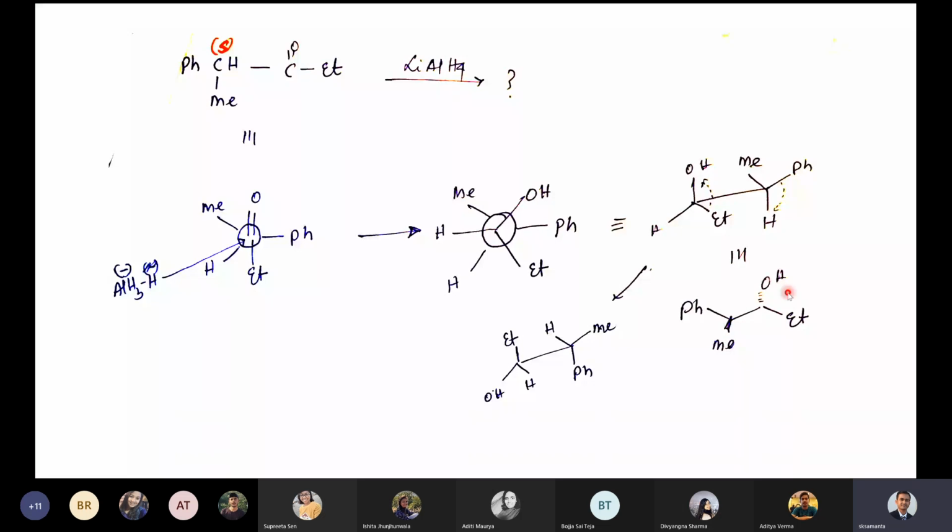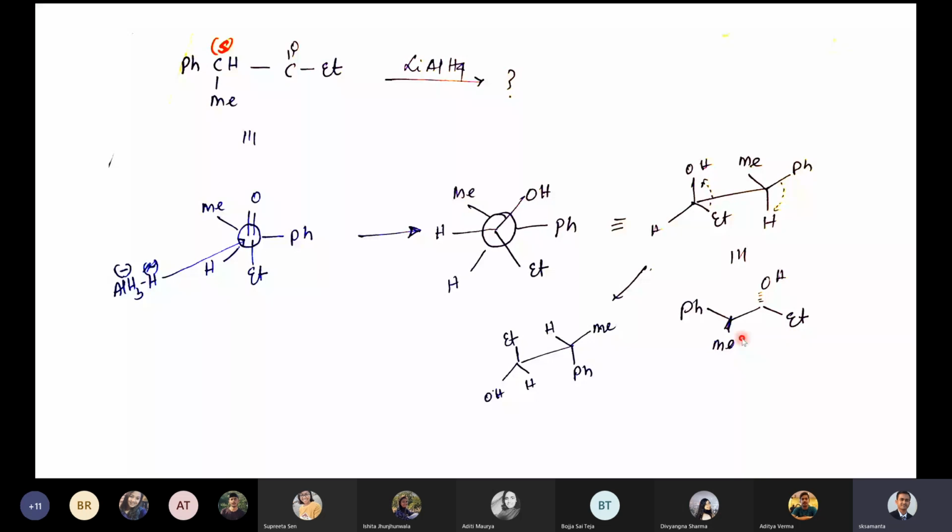So let's see the stereochemistry. This is your A, this becomes your B, this becomes your C. So A to B to C clockwise. So this is your R configuration. Let's see here, A to B to C, but this is in the back. So this is actually your R configuration, correct? Let's see this one, A to B to C. This is your S configuration. See here, A to B to C. This is your S configuration. So then our product is correct. You can also write S and R, okay?